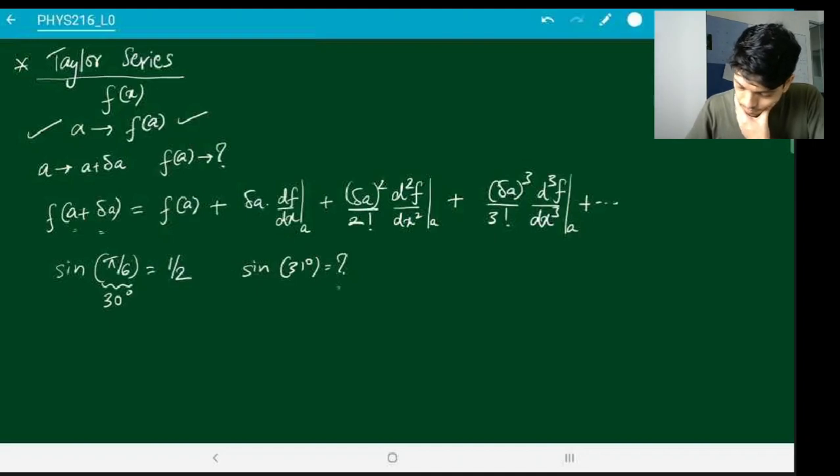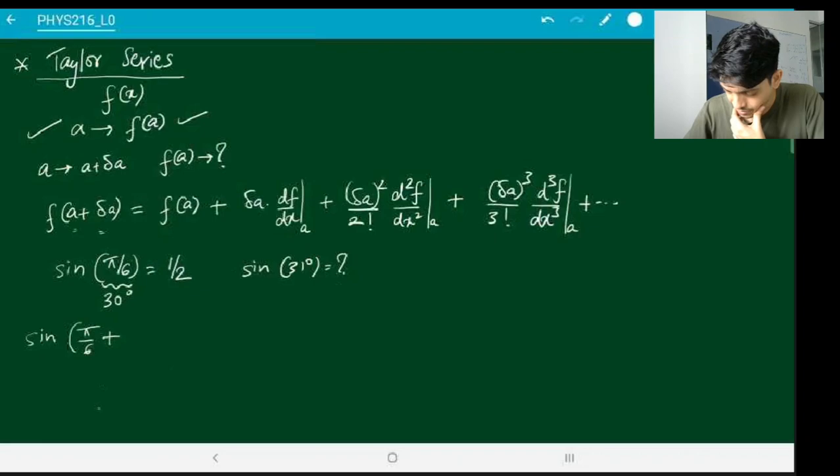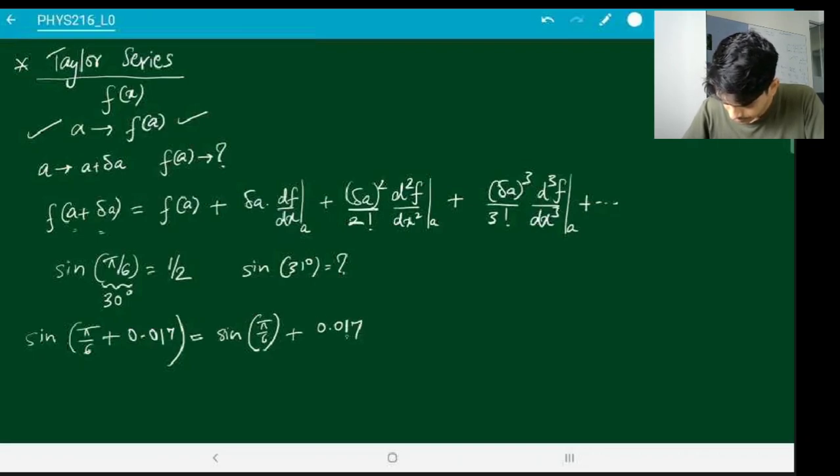So sine of 31 degrees is basically sine of pi by 6 plus 1 degree written in radians. What is 1 degree written in radians? 0.017. So this is 31 degrees written in radian form. And then one can just apply this Taylor expansion formula. So this is going to be sine of pi by 6, plus delta a is 0.017 times